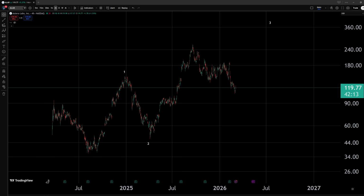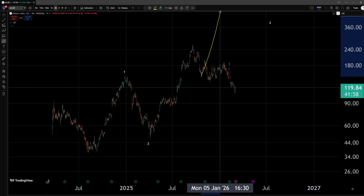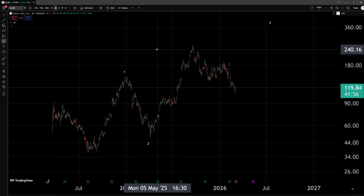In this video we are looking at Astera Labs. It is time for another update, and on this chart unfortunately we haven't been able to track the idea of an impulse ever since we broke the $149 level. There was a decent attempt to extend to higher prices within an impulse, but it ultimately failed, and now we